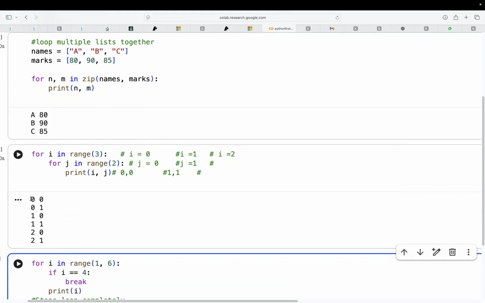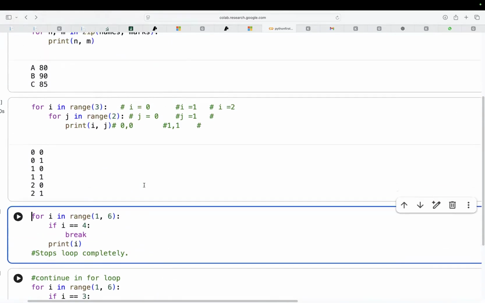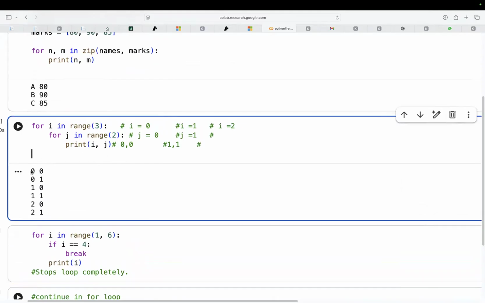See, first iteration, it can be 0, comma 0. First iteration is 0 comma 0. And after that, the inner for loop will execute first and then it goes back to the outer for loop to increment. First iteration, I was having 0 and J was having 0 and 0 comma 0 was printed. But